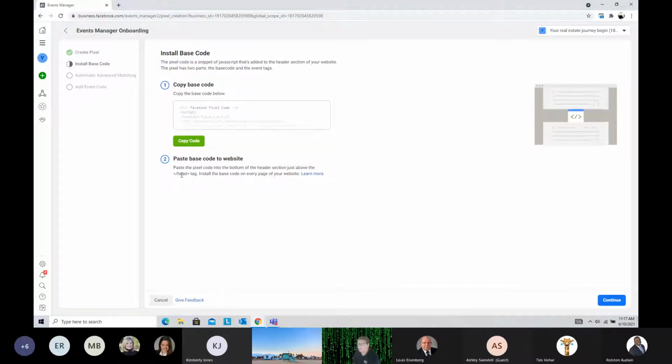You don't have to know where, you don't have to know coding, you don't have to know how to get into the back end of your website. You just need to know where to log on in Site Builder. And then it also says install the base code on every page of your website. You don't need to do this either. So once you install it in the section I'm going to show you next on Site Builder, it's going to install it on every page of your website for you. You won't have to do it. Okay, so those are the two big questions that we get. All right, so I'm going to take this code, I've just copied it,